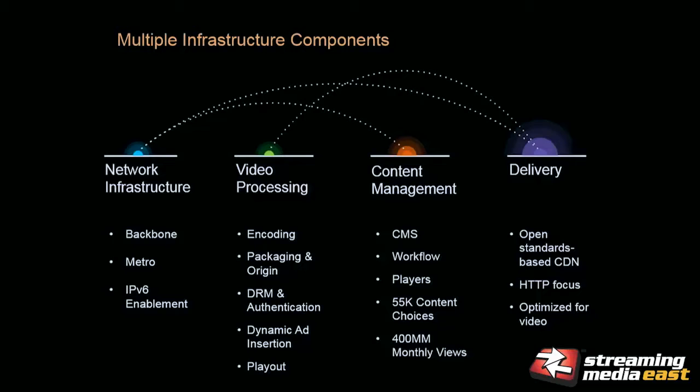So to give you a sense of what this means and then what we're making available to the industry, we had to really go in there and upgrade the network infrastructure, our video processing workflow, our content management systems, and then our delivery architectures. So, network, which tends to be near and dear to my heart, was really about taking what used to be 10 gig metro networks and building that up to 100 gig platforms,